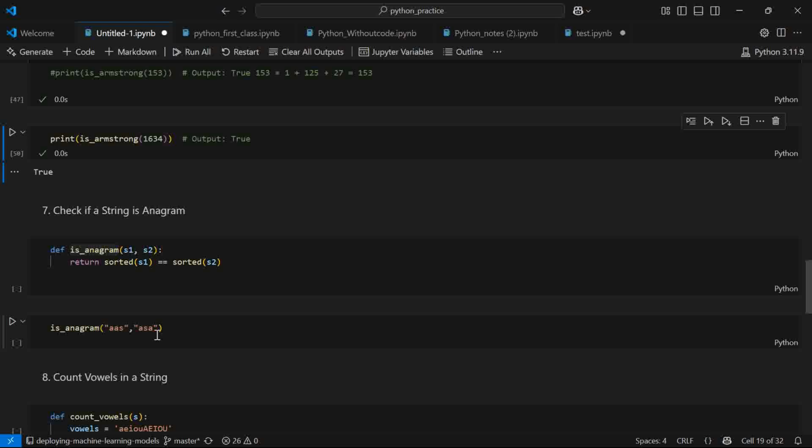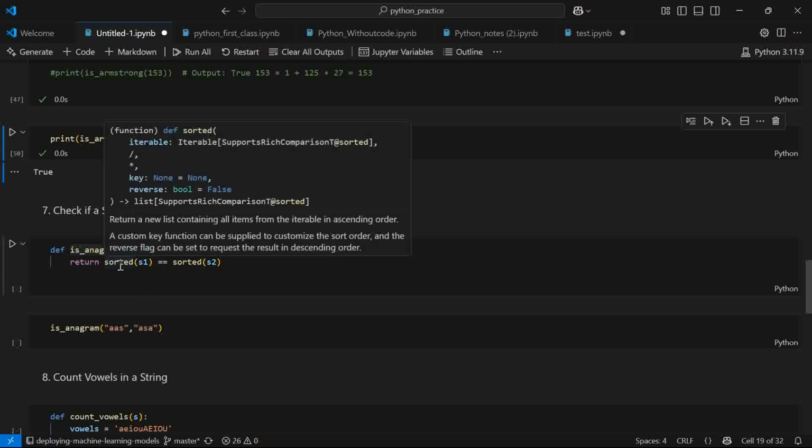So this is called an anagram string, if both contain the same letters, but the sequence is different. Exactly the same length and same letters, but the sequence might be different. So when you sort this, it will give you the same sequence, right? So this is called an anagram string. So you have to